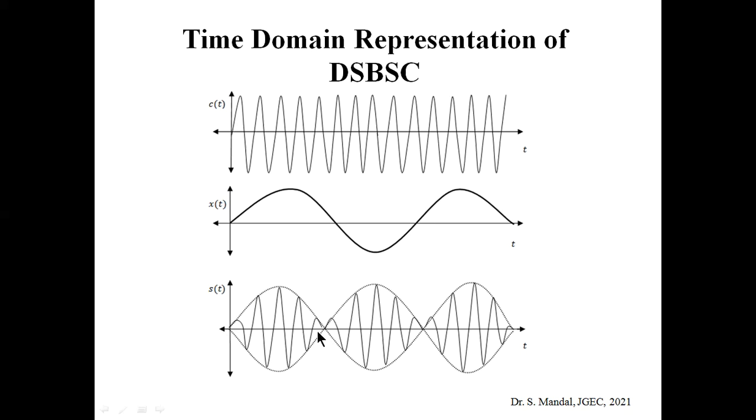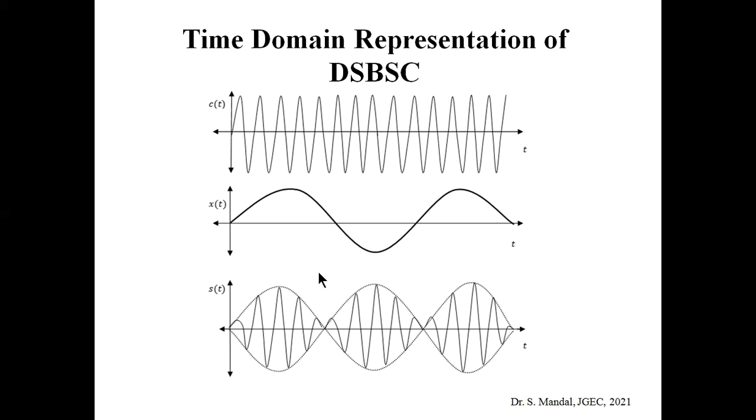At this point they will touch each other, because there is no a, or a equal to 0. That means obviously the amplitude of et is equal to the amplitude of xt.